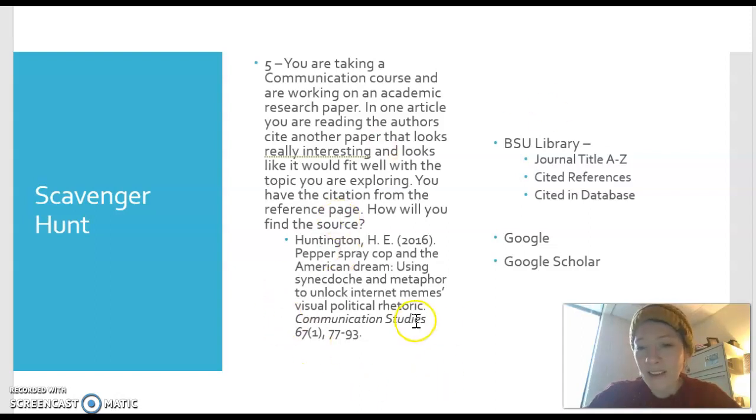I might find something that I think really looks good. Knowing how to go there and find it easily is a really useful skill. If you don't know how to do that, go back to the very first assignment that we had in the course, Browsing Communication Journals, and there's a link to a video that will explain how to do that.